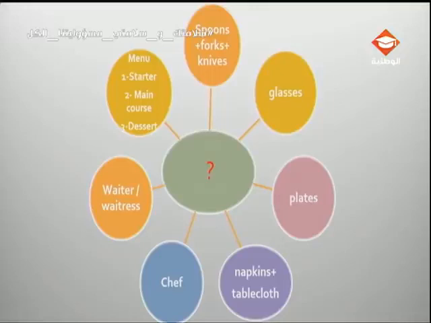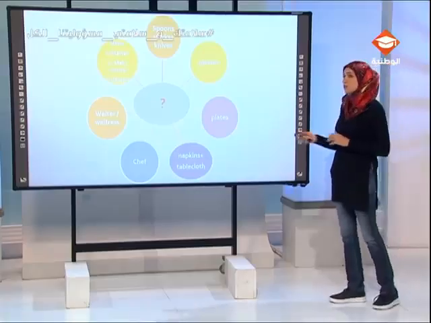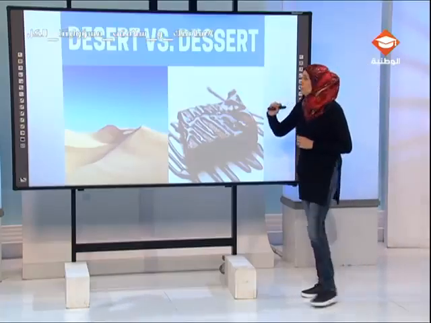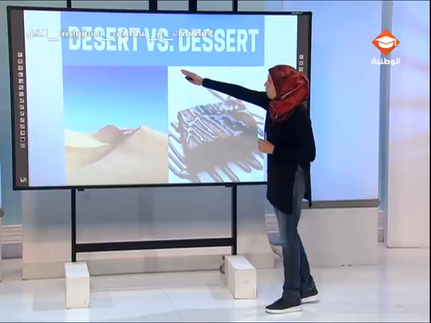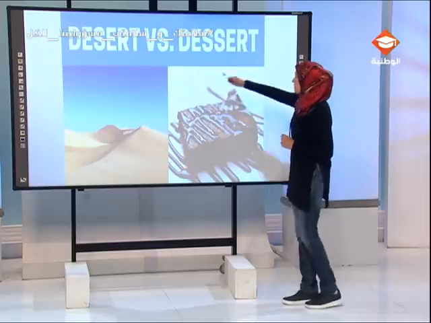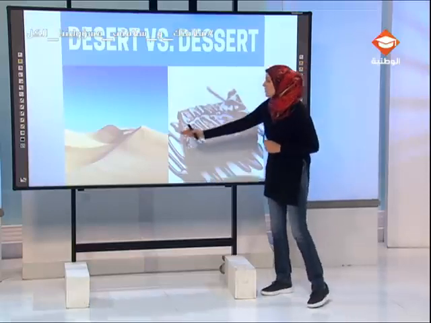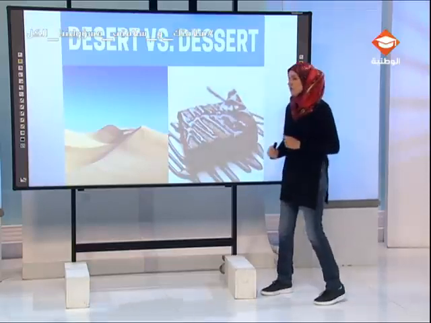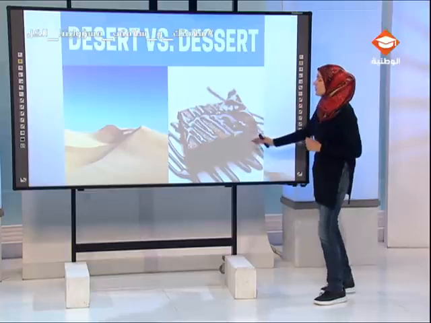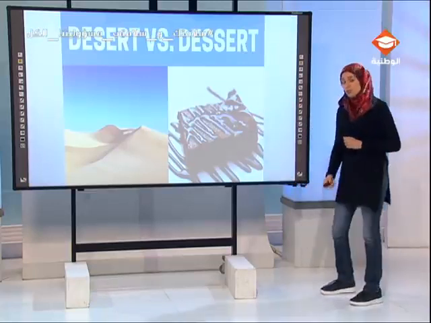Now, let's stop here. This word is very important because we find another word which is similar to it, but it doesn't have the same meaning at all. They are different in spelling, first of all, okay? The first word is written with one S in the middle. The second word is with two S's. The first word, of course, we ride camels there, and here is a delicious plate that we enjoy eating.